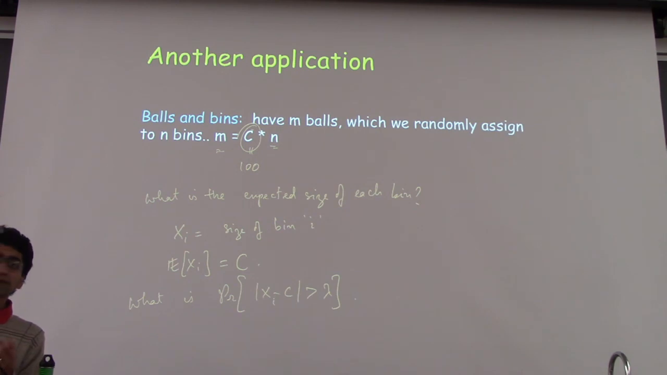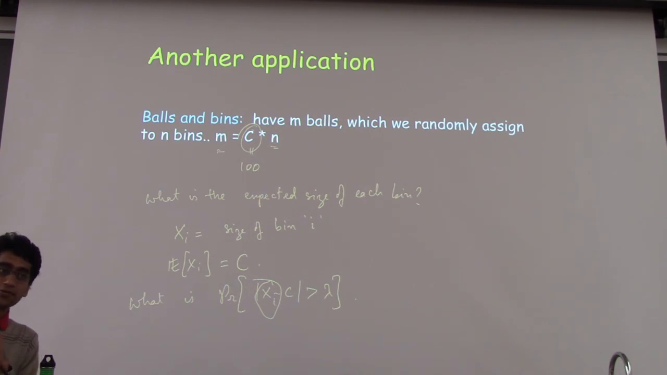And I claim that you can solve this kind of problem also using the Chernoff bound. So how would you write xi as a sum of random variables? Any ideas? So what's the definition of xi? Xi is the count of how many balls ended up in bin i. Essentially, yeah, it's a 1-0 thing where p is 1 over the number of bins. Yeah, exactly. So you can think of xi